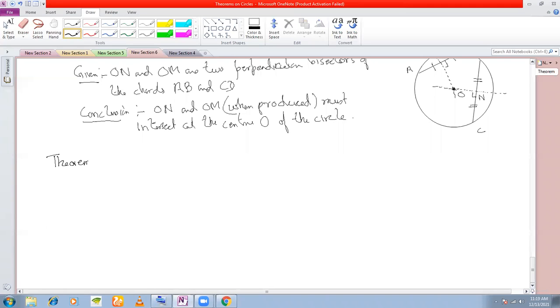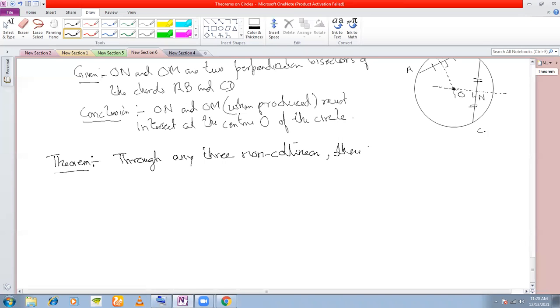Next theorem, and the last theorem, I guess. It's not a very important theorem, but something that you must know: through any three non-collinear points. Now, what do you mean by collinear points? On the same straight line. Through any three non-collinear points, that means any 3 points given to you that are not on the same straight line,